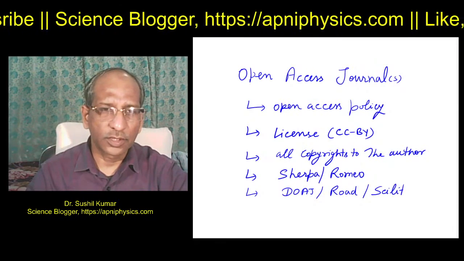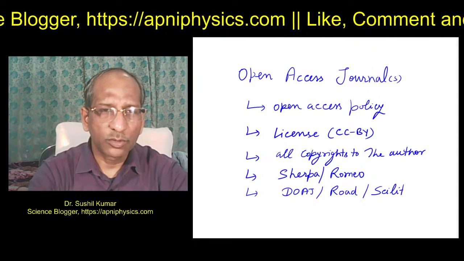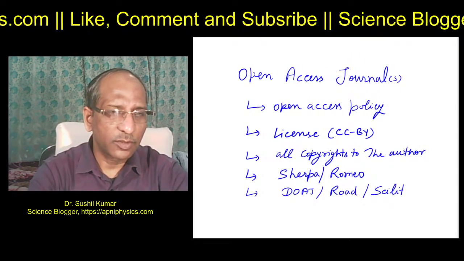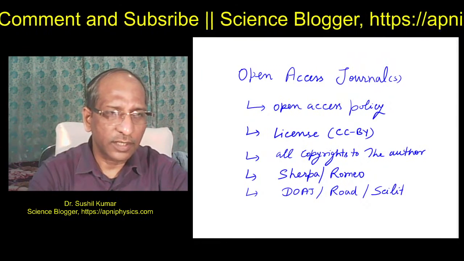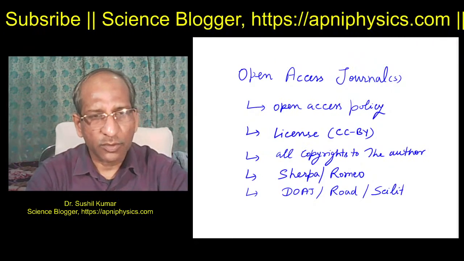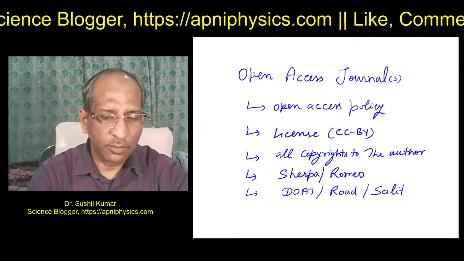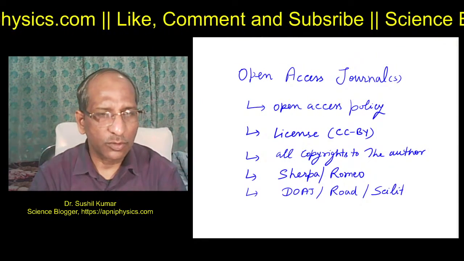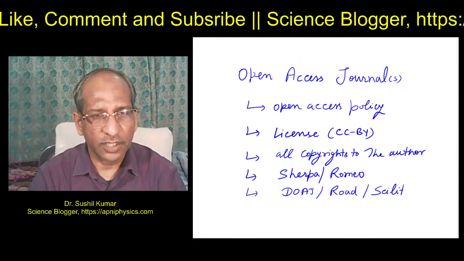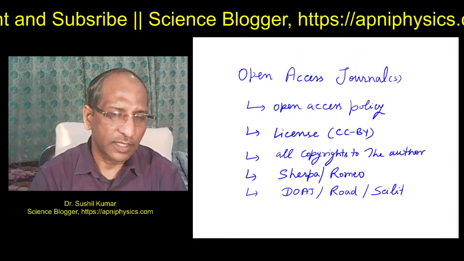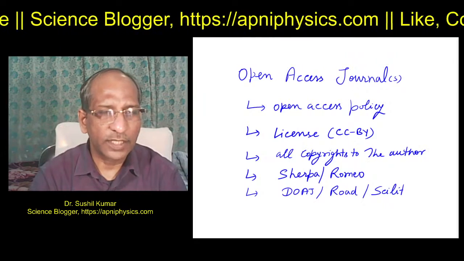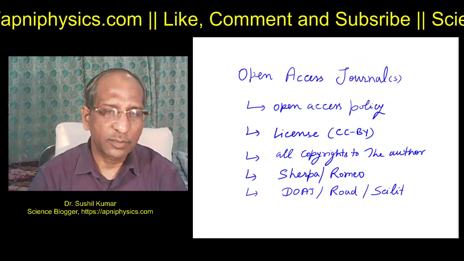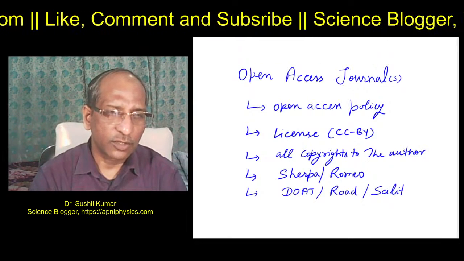In this video, I will discuss a live example of an open access journal. Yesterday I was talking about identification, and today I will discuss this point. The points I discussed in the earlier video were about the open access policy that the journal and publisher define, and the second point was about the license, the Creative Commons license, which license they had provided